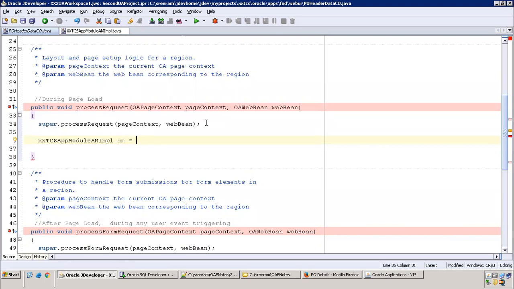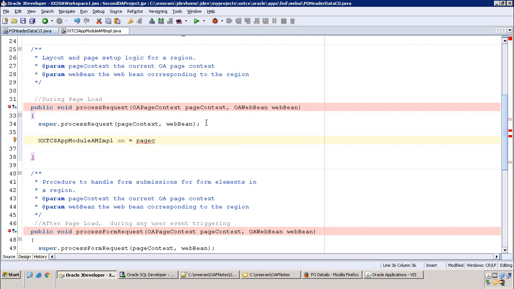Now page is having the AM data. If you observe carefully, we never create any new object for any BC4J components, controller, or Vivo. For any BC4J object, we'll never create any object. We always get the reference by using the appropriate properties. Whenever the page gets executed, page is assigned an AM, and automatically the runtime engine or the application server creates the object for it. So we just need to get the object or a pointer reference of it.